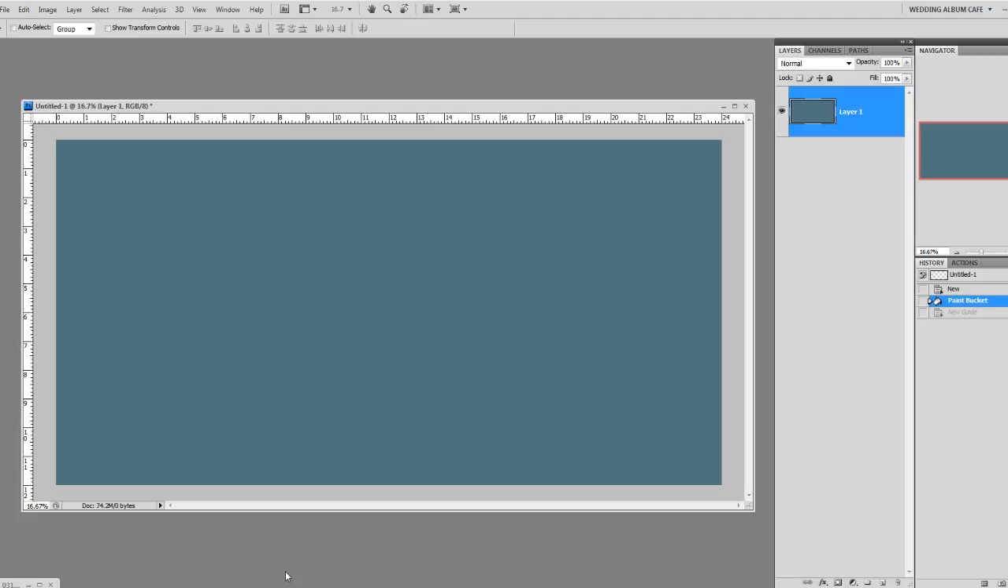Hello and welcome. Today I'm going to show you how to divide your documents evenly, either horizontally or vertically, using guides. And then I'm going to show you how to record those steps as an action so that you can use this simple, easy technique each time you open up a document, and you won't have to repeat this step